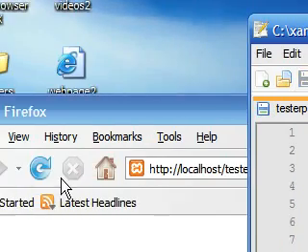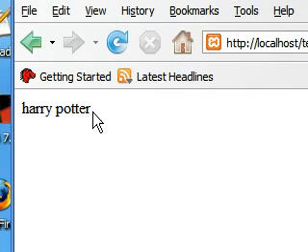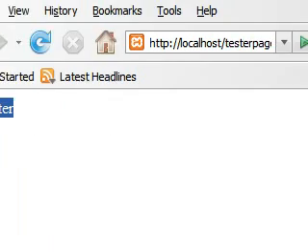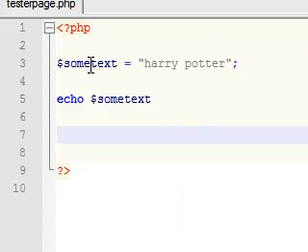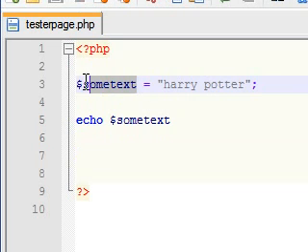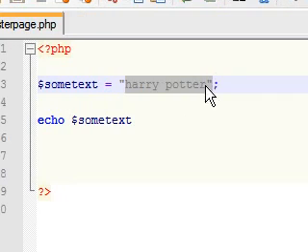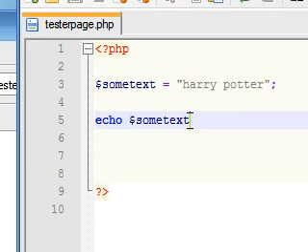Now, if we saved it and refreshed it, we can see Harry Potter now showed up on the screen. So again, we said, hey PHP, we've got this variable and its value is Harry Potter, and now we want to echo it on the screen. Why it's named echo instead of just say or display, I don't know, but it's called echo for some reason.